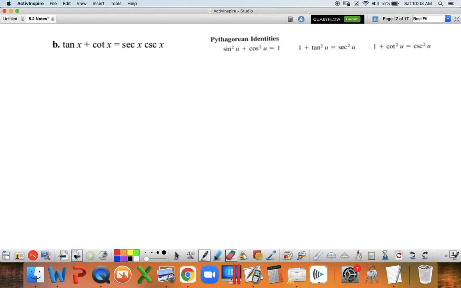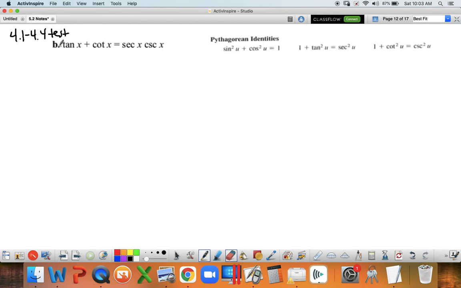All right, letter B. This actually comes directly from your last test, the 4.1 to 4.4 test. Do you remember that multiple choice question that I know a lot of us struggled on? So we're going to do a very similar approach to what we did in the last example,